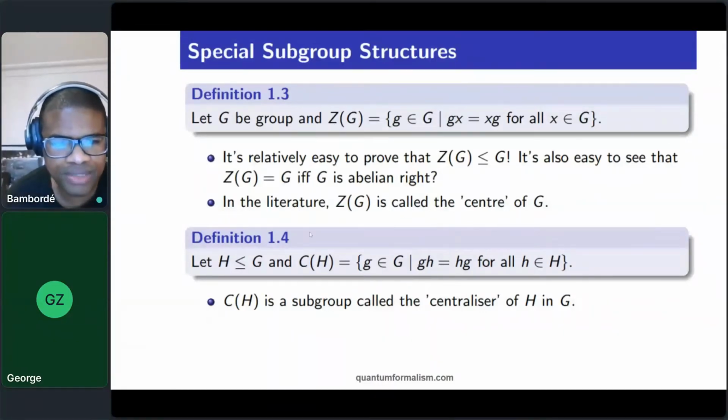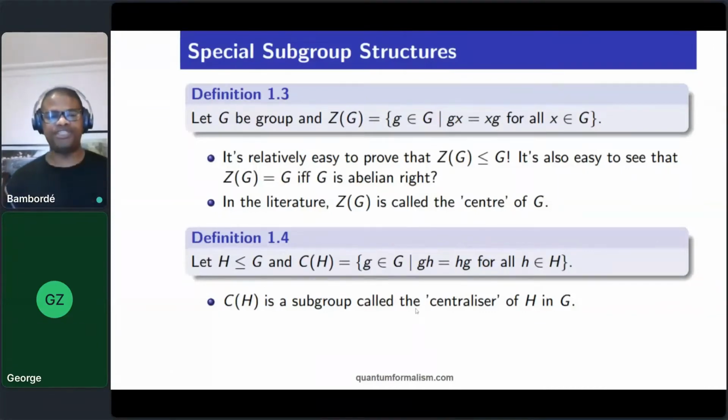Now, there's another notion when we have H, a subgroup of G: this other set, C of H, which is the set of all elements in G that commute with all elements of the subgroup H. So this is called the centralizer of H in G, okay? The claim is this is also a subgroup. It's not hard to prove; all you have to do is go through the minimal conditions that this needs to be a group, right? The identity has to be